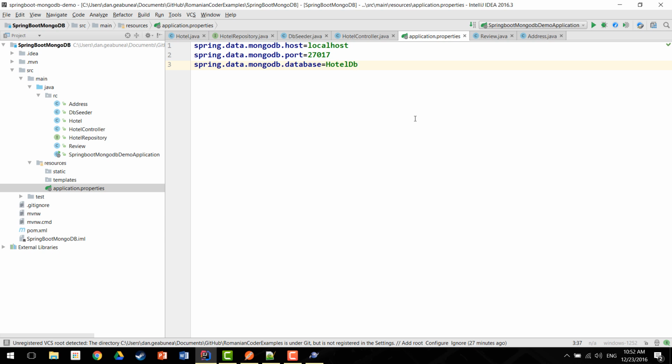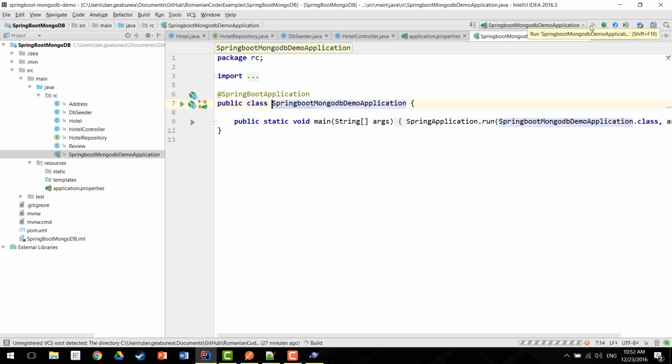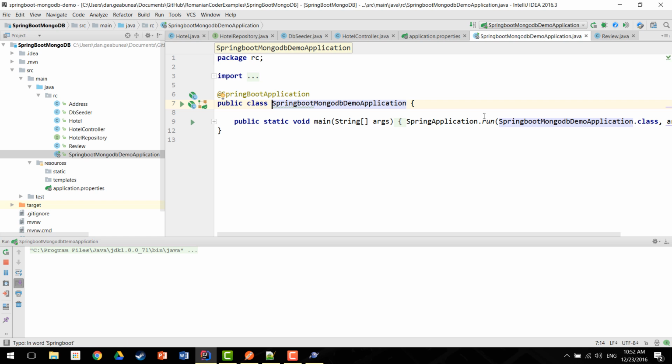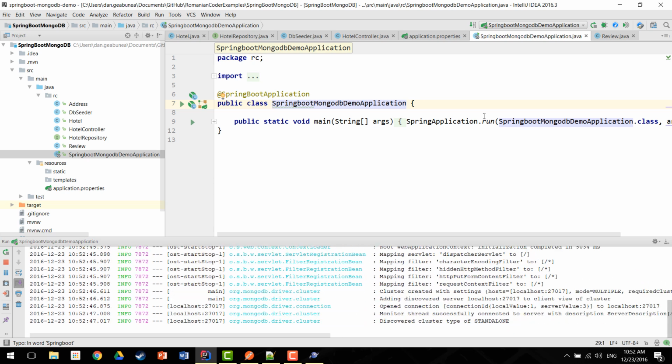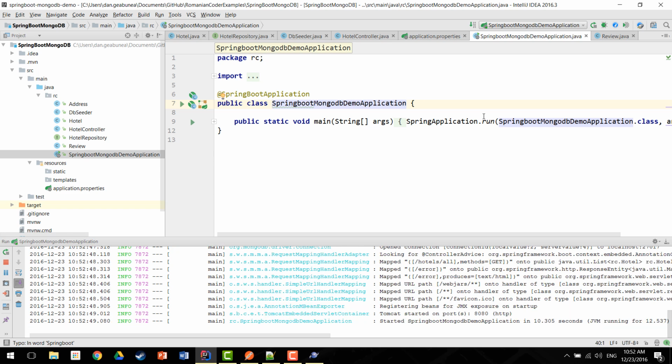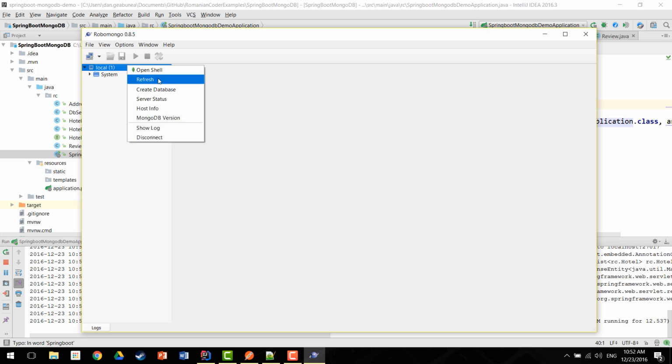Okay, I'll drop all my databases from MongoDB just so we have a clearer view on how our application will behave at startup. And now we can start our app. So we have everything we need. We can go ahead and hit run. Okay, our application started. We can go to RoboMongo, hit refresh, and we see that we get this hoteldb,